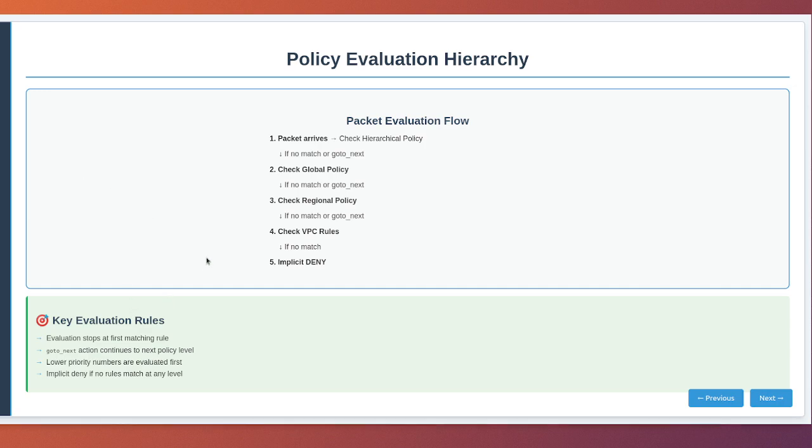First, the packet is evaluated against any hierarchical policies. These are your organizational mandates, the rules that your security team has decided are non-negotiable for the entire company. If a hierarchical policy matches the packet, that's it. The decision is made, and the evaluation stops. This could be an ALLOW, for example, permitting access to critical corporate services, or a DENY, for example, blocking traffic from known malicious countries. If no hierarchical policy matches, or if a hierarchical policy uses the special go-to next action, the